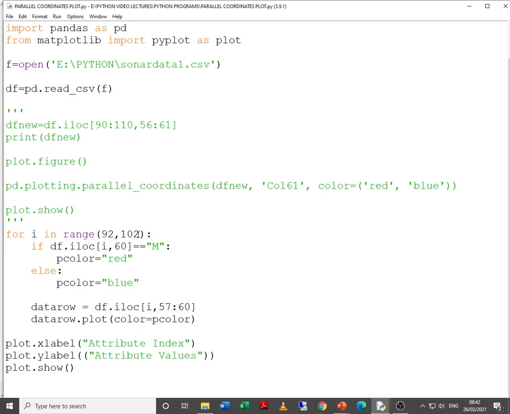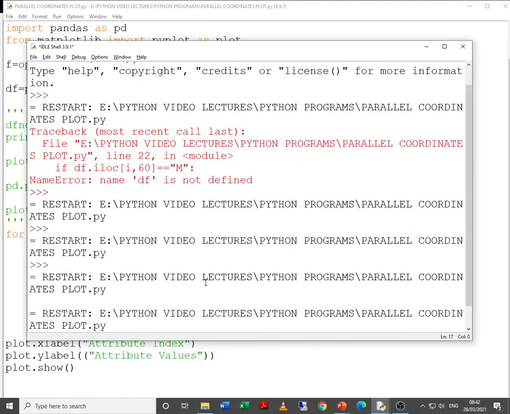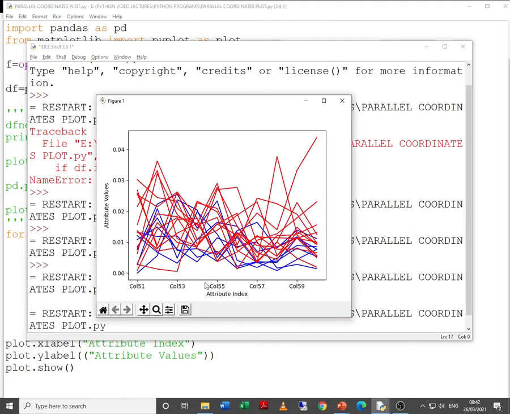Fine. Now let us make some change over here. Let me make it 90 and let me make it 110, and over here let me try to increase the number of columns a little bit, say 50, and let us try to check. Now remember, there are several libraries and several methods using which you can draw the parallel coordinates plot. We are just using one or two of them.